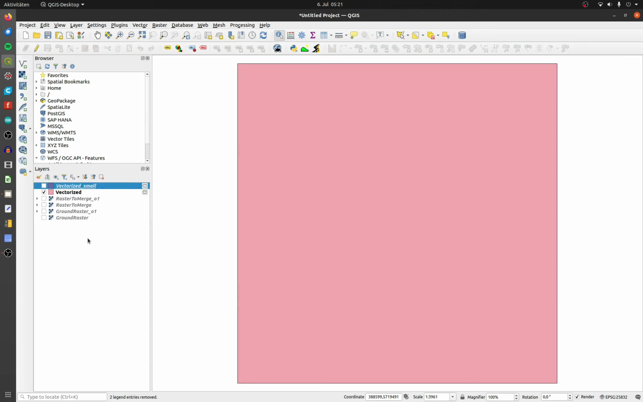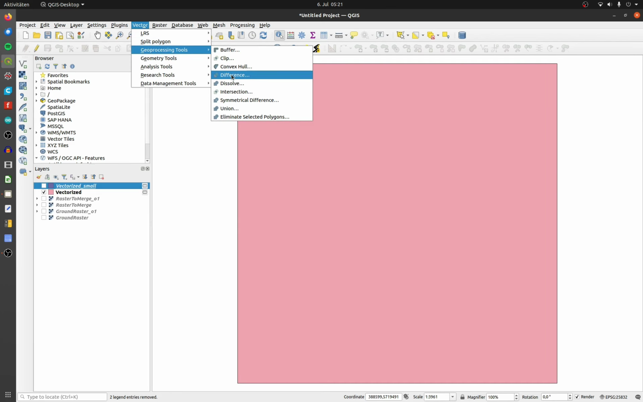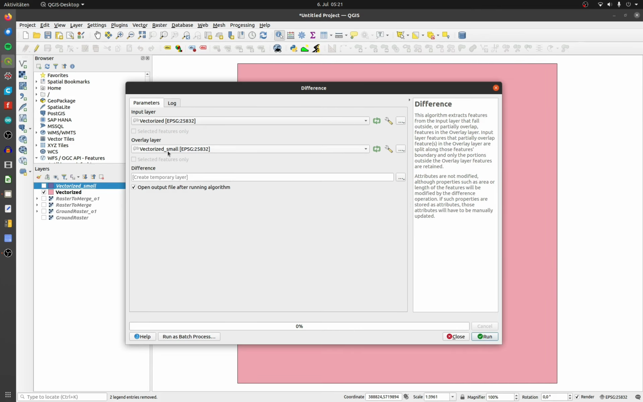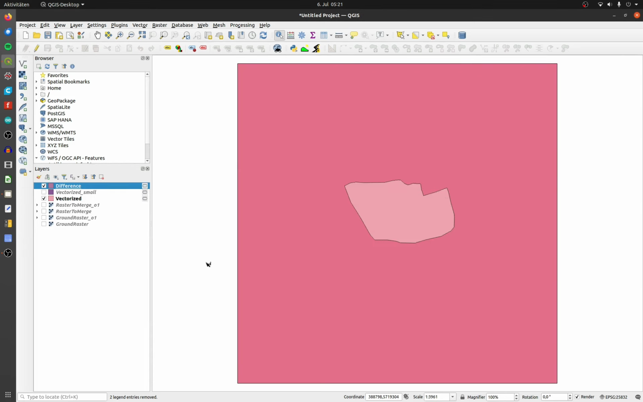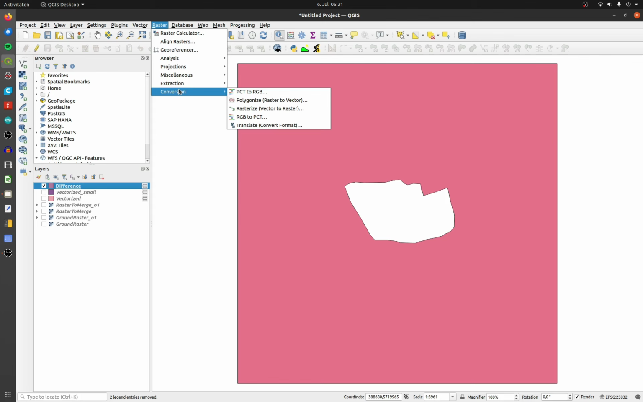Click on Vector and choose Geoprocessing Tools and then Difference. Select your ground layer as input and your small layer as overlay. Click on Run. Now we cut a hole into the ground raster layer, click on Raster and Extraction and choose